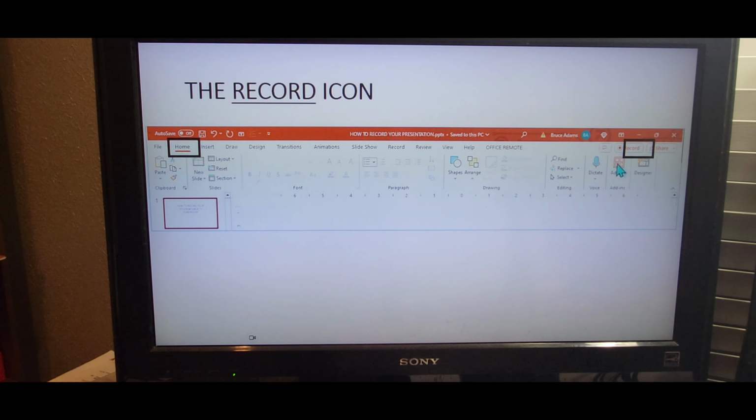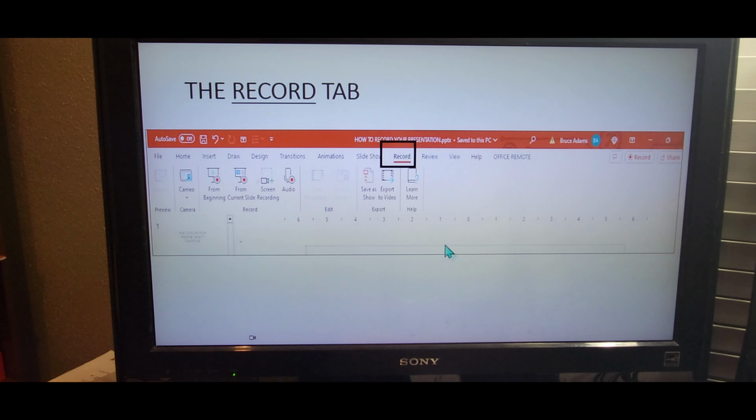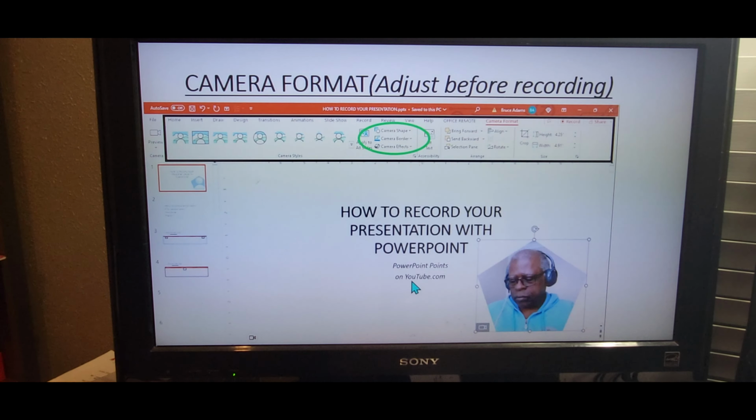Okay, the record icon is on the far right on the home menu. When you click it, you'll get another record button with some options here. And we'll go over these options in a little bit. But once you press that record, you get various options as far as camera styles. All of these are different,